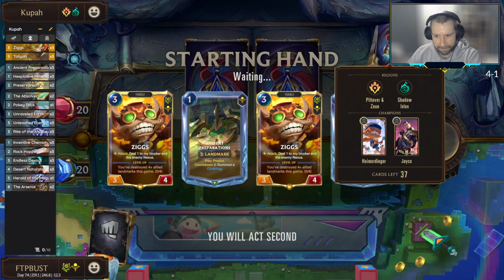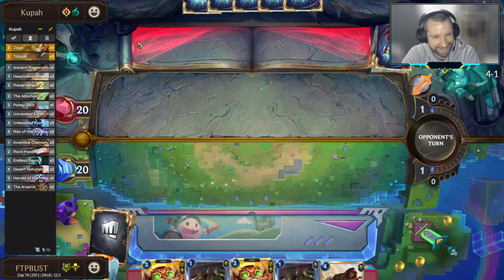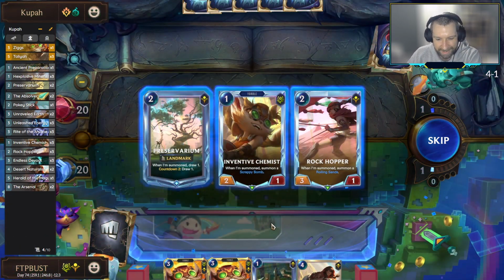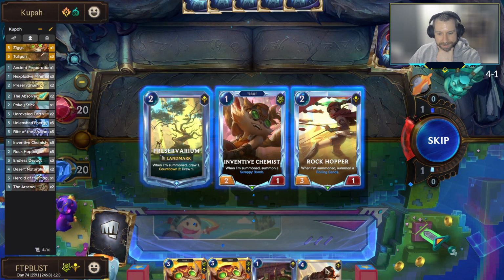But reasonable enough start here against the old Donger and Jace. Haven't seen the Donger in a while. Raise him up. So let's see. How do we feel out of this one? I mean, we have the curve the whole way through. It's a matter of if we want to pop something with this